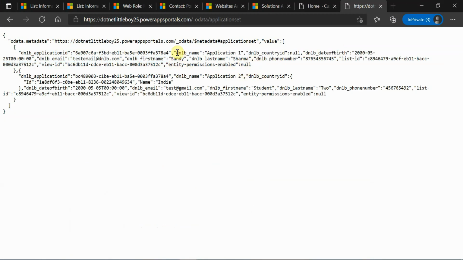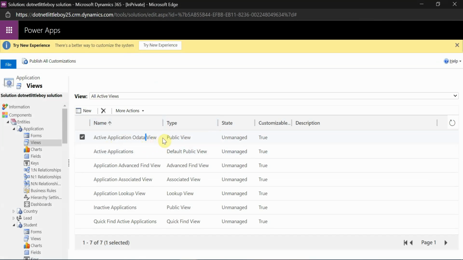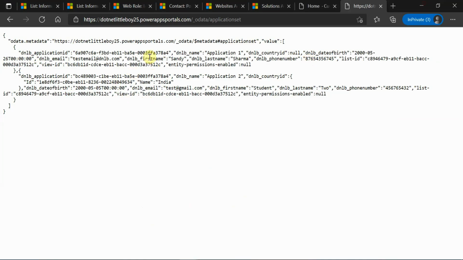And on these columns, you can apply the filters. The filters will be applicable only to the columns which are coming here. So say sometimes you have forgotten to add particular columns here, and you try to filter by that column, and that column is not present here. So definitely you will not be able to filter any records. So make sure the filter which you are going to apply is present here in this column list.